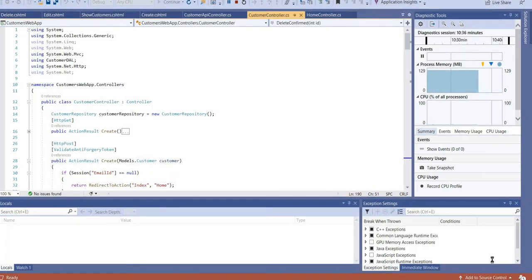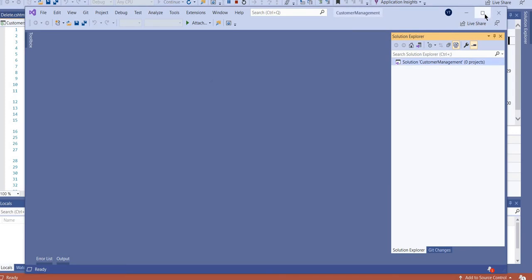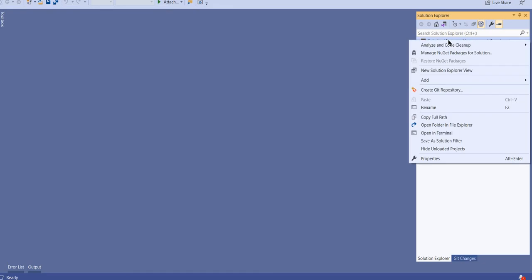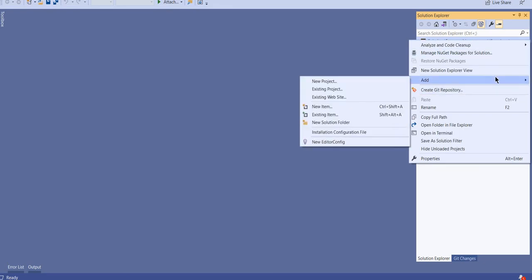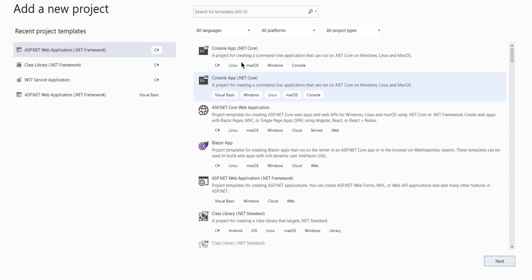So this is my blank solution, and in this blank solution, this is my Visual Studio 2019, I am going to create 3 projects. One is the data access layer, which is a class library.